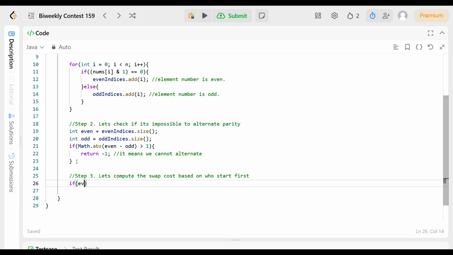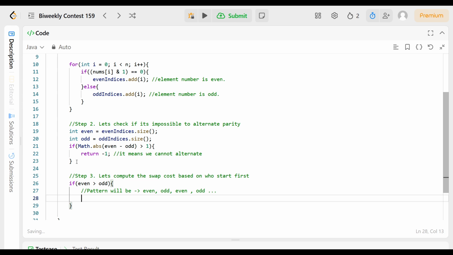So we'll say if even is greater than odd, it means what? 3 minus 2 we have done, right? So in this case the pattern will be like what? The pattern will be first it will come even, then it will come odd, then even, then odd, right? Like this it will come. I hope you understand. Then we'll return